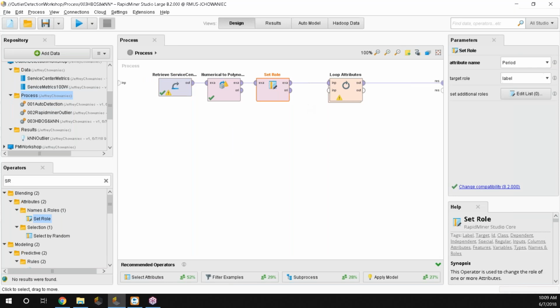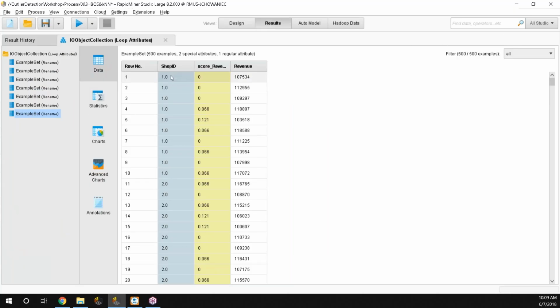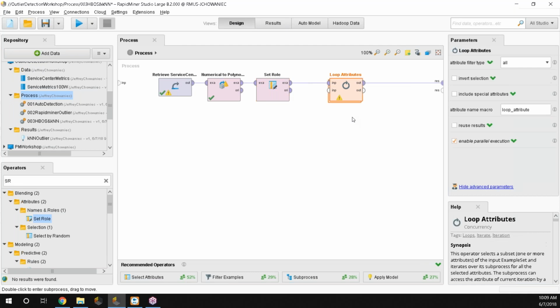The easiest one is to just set this to a role RapidMiner's not going to use. But what I could do is concatenate. I could also concatenate my shop ID with my time period, so I can get the shop ID and time period as a single ID, so that way nothing repeats, which also would work. In this case, we're just going to do this as it's fewer steps. We're just going to tell RapidMiner to ignore that for now. And so what we can do